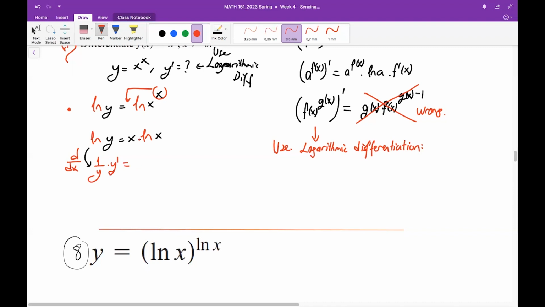And on the right side, you have a product. That's why you will apply the product rule, okay? The derivative of x is 1 times ln x plus x times the derivative of ln x, which is 1 over x. You see you have a simplification here. That's why y prime from this line can be solved as ln x plus 1, and you need to send this coefficient to the right-hand side as times y.